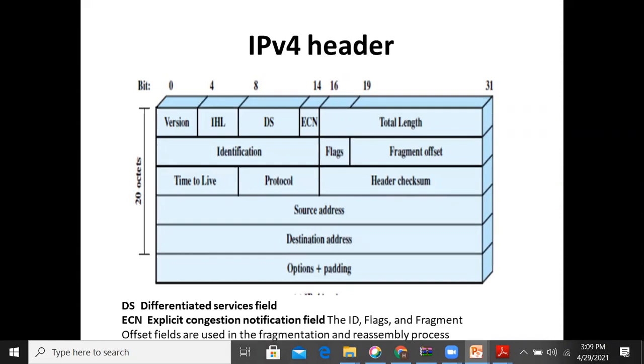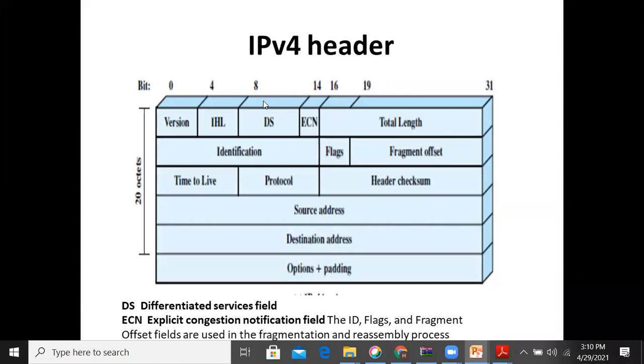As I told you, there are two types of IP protocols, and the commonly used versions are IPv4 and IPv6. So what are the IPv4 header contents and how will the IPv4 address be? In short, we are going to see here. Coming to the IPv4 header.